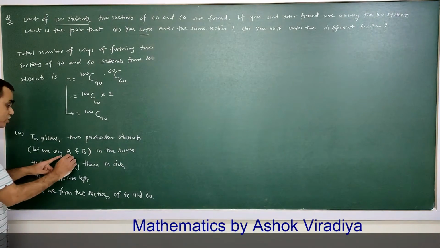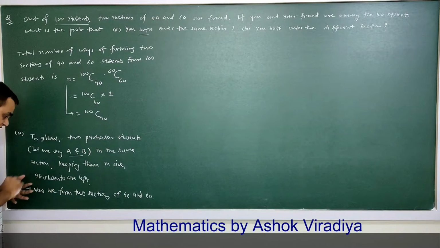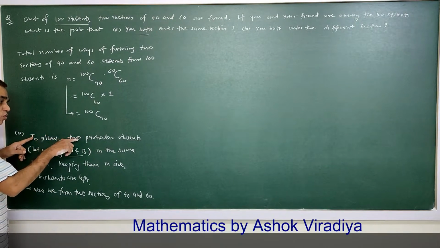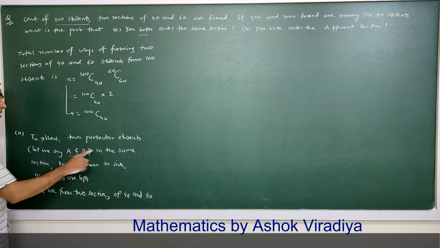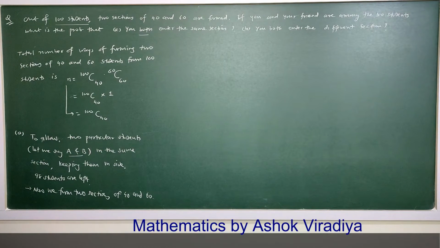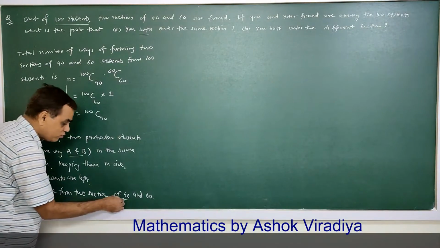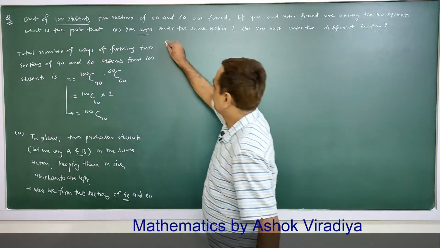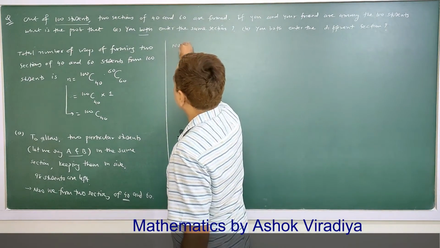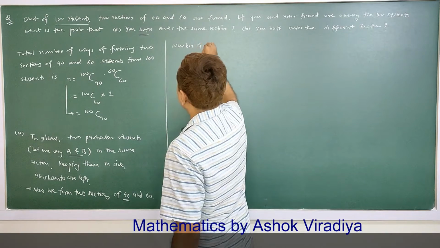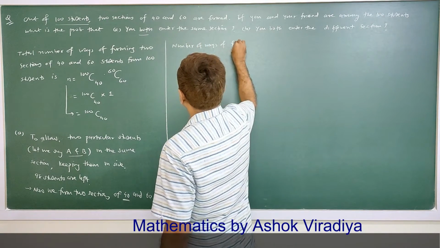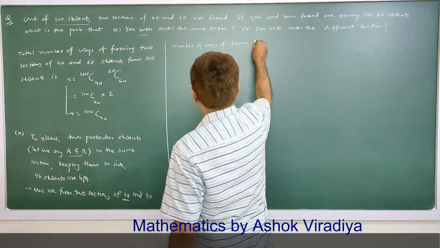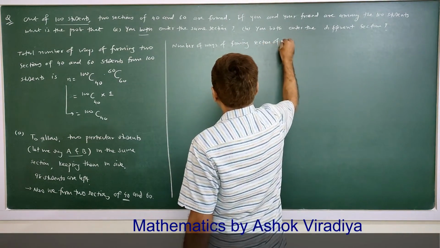Now these 2 particular students which are standing inside, we want to allow both students in the same section. So from the remaining 98, first of all, to form a group of 40 students, select 38. So number of ways of forming section of